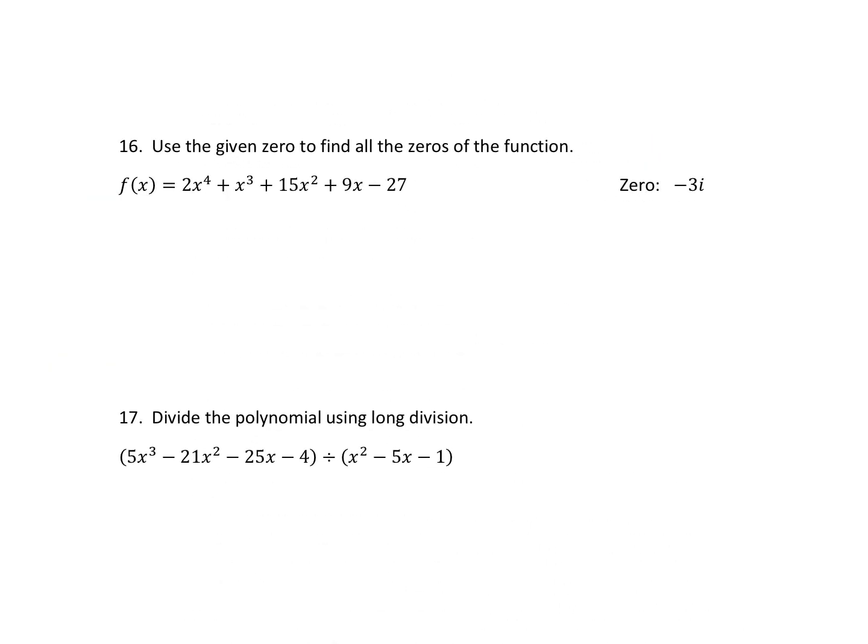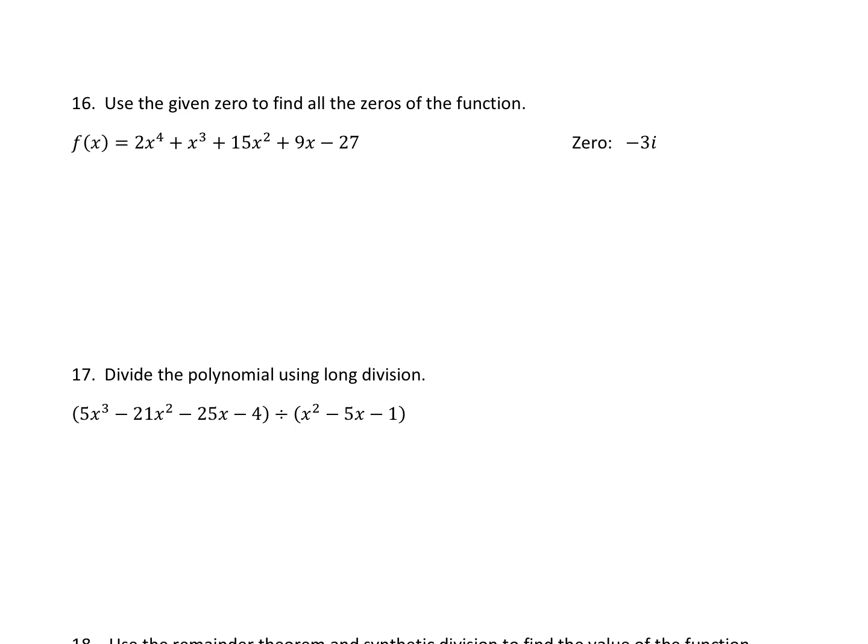For a question like 16, typically what we would do is, since negative 3i is a 0, we know that positive 3i is also a 0. It's a conjugate pair. So then we would know that x minus 3i and x plus 3i would be factors of it. So you can FOIL these out and then divide